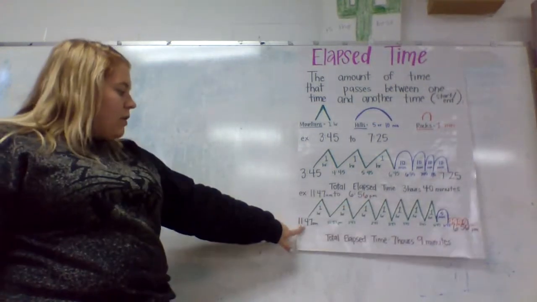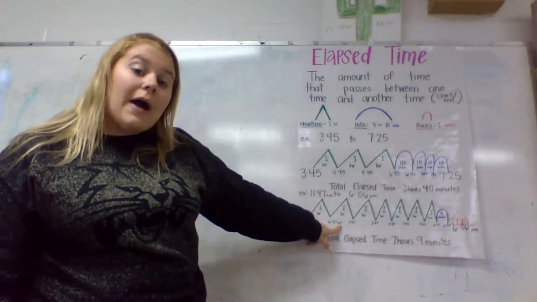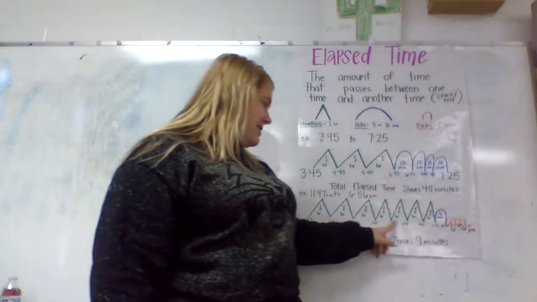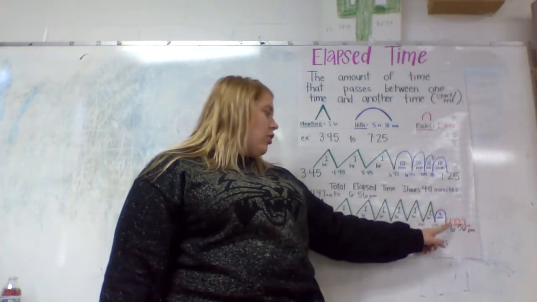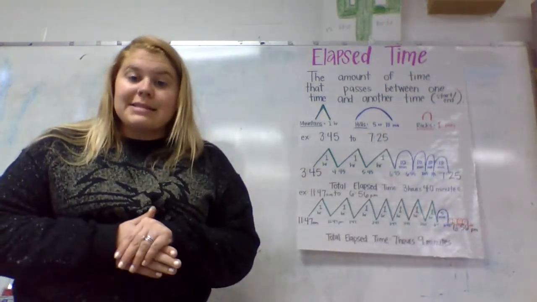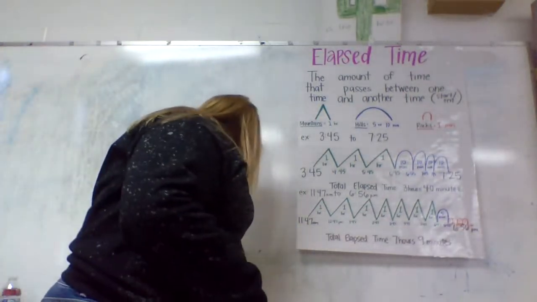So I know I'm going an hour to 12:47 p.m. Now I'm in the afternoon and I keep counting up. So you'll see this one, I counted 7 mountains, 7 hours. Then I had a 5-minute hill, but then I had to count 4 little rocks to get to my next time. So we'll do one together,